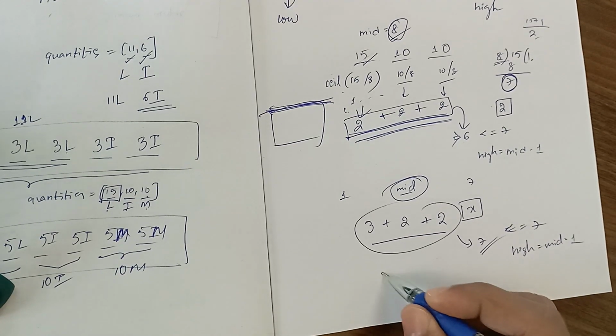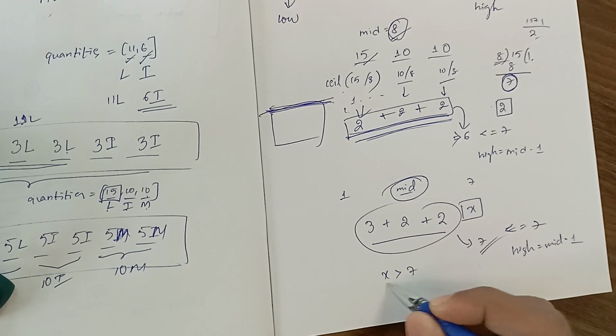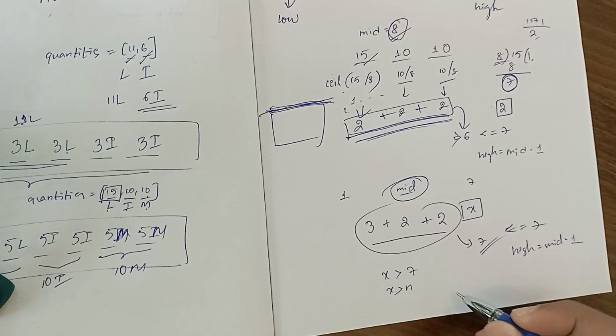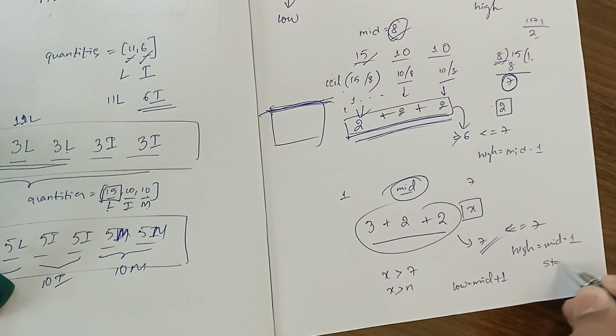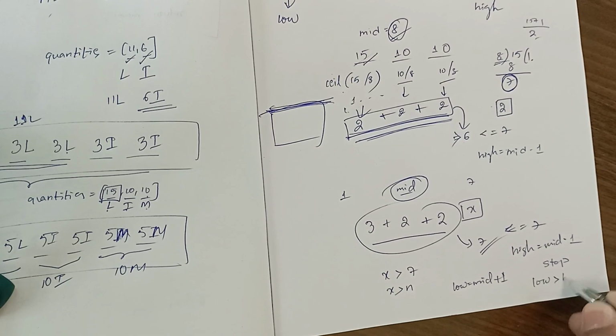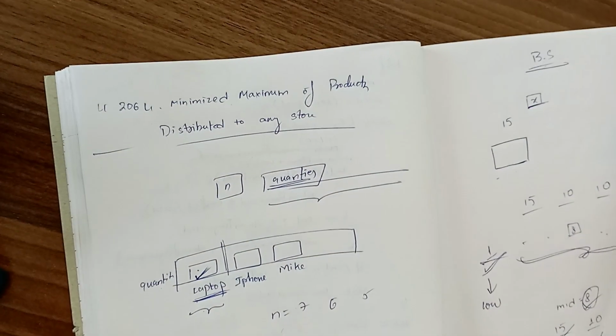But what if we are having x greater than 7? That means x is greater than n. Then we will need to make low equal to mid plus 1. And remember to stop only when low is greater than high. That means the while condition will be